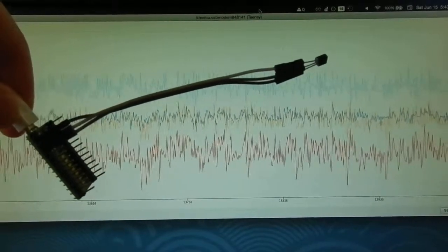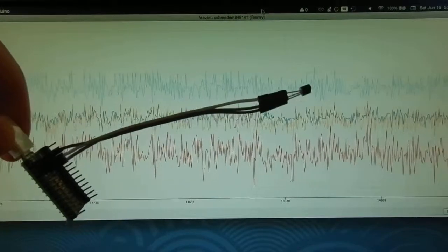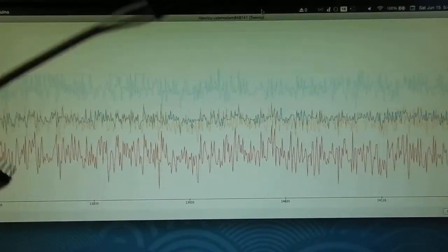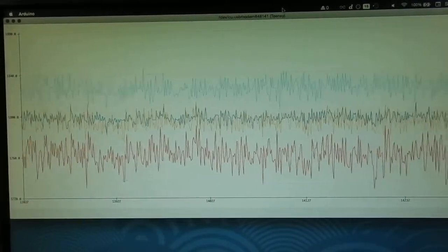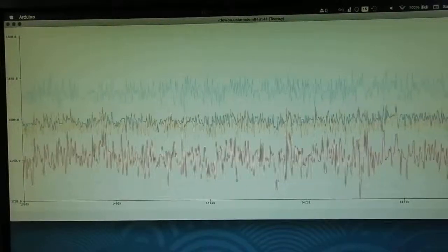Okay, so we're just doing another quick RoboSub testing video here. Later today we're going to actually do the test this is for, but this is a sensor test. I've got Arduino's serial plotter. Let me show you the side there so you can see the scale. Running a 13-bit ADC